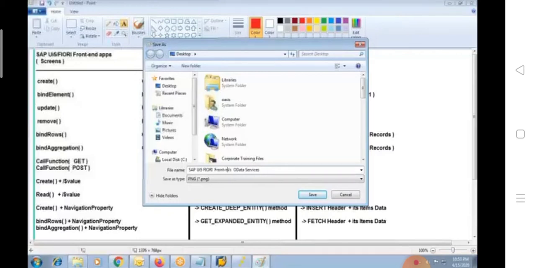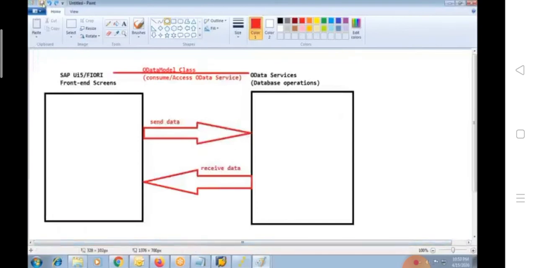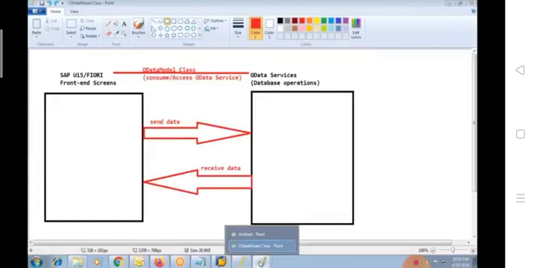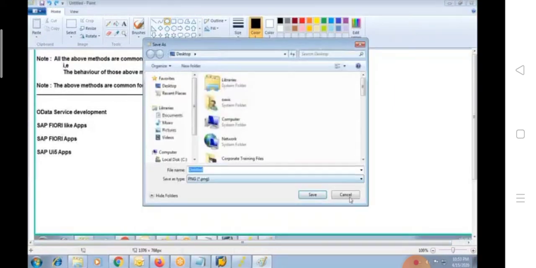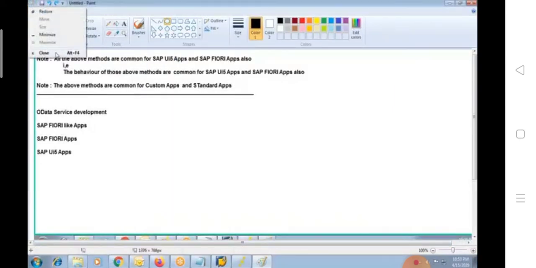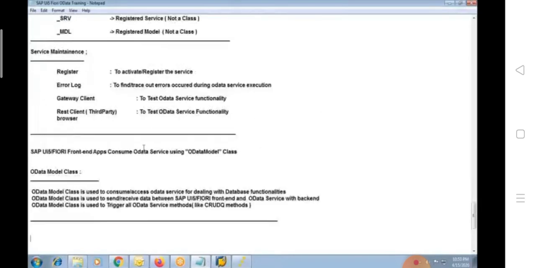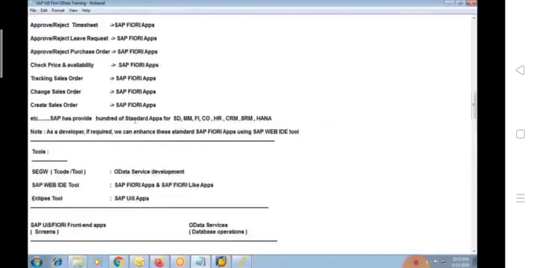SAP UI5 Fiori frontend versus OData services backend. These are the methods. Then, okay, this is also important. OData model class. Okay, so this is not required. It's just a note file. I've saved all the important diagrams, and all the text, everything is written here.